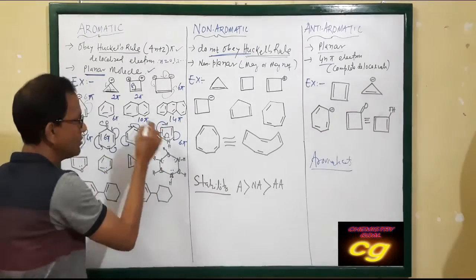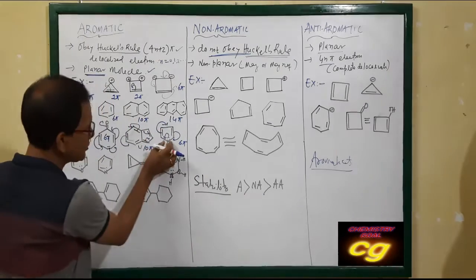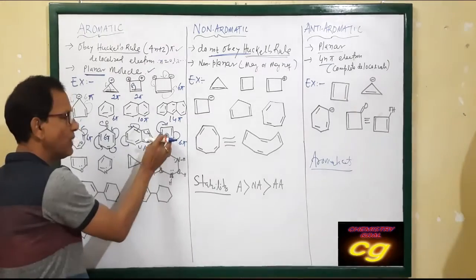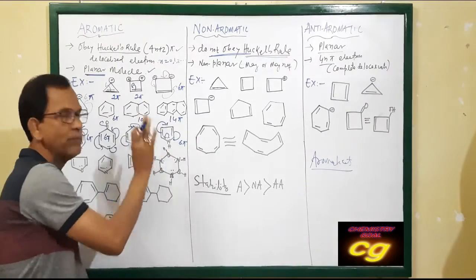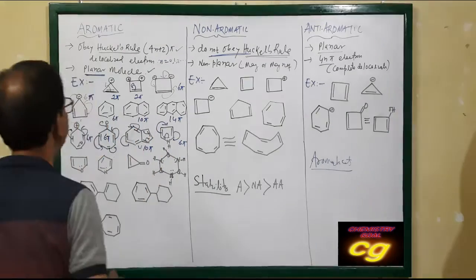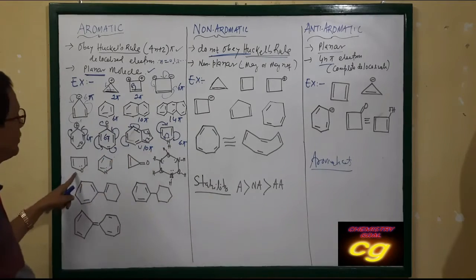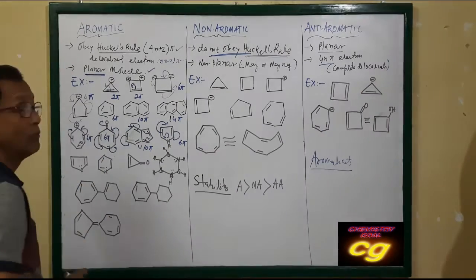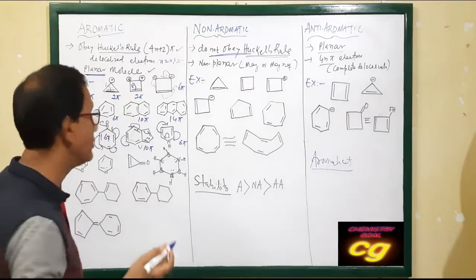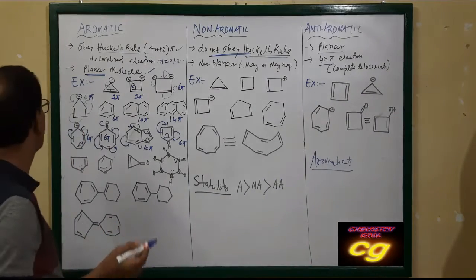After delocalization, the molecule becomes planar. This side is not planar, but after delocalization, when it removes the lone pair, it becomes a plus charge, that's why it becomes planar. So this is called pyrrole, this is called furan, this is called pyridine. You have to know the common names of the aromatic compounds or some organic compounds.